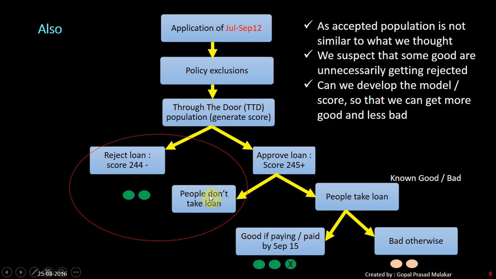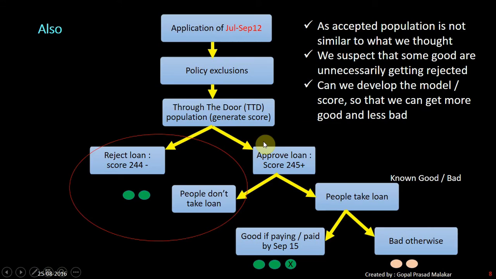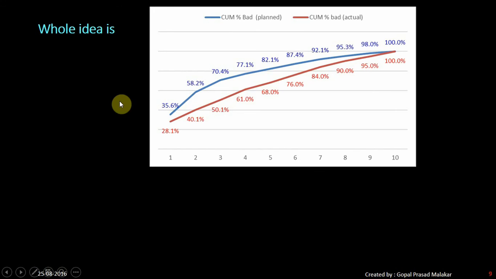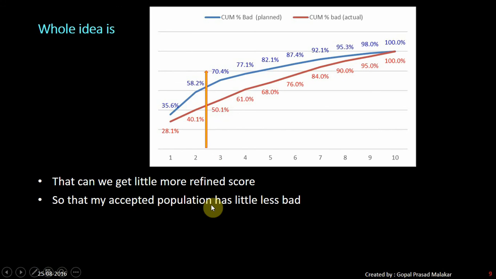But the problem is that you don't know the good or bad of this population. But if you can do something like this, what will happen? Your whole idea is: can we develop a model with a more refined score, so that if you select a cutoff that I'm not going to extend a loan to those in the first 2 deciles, the accepted population, that 80% of the population, will have a little more good and a little less bad.